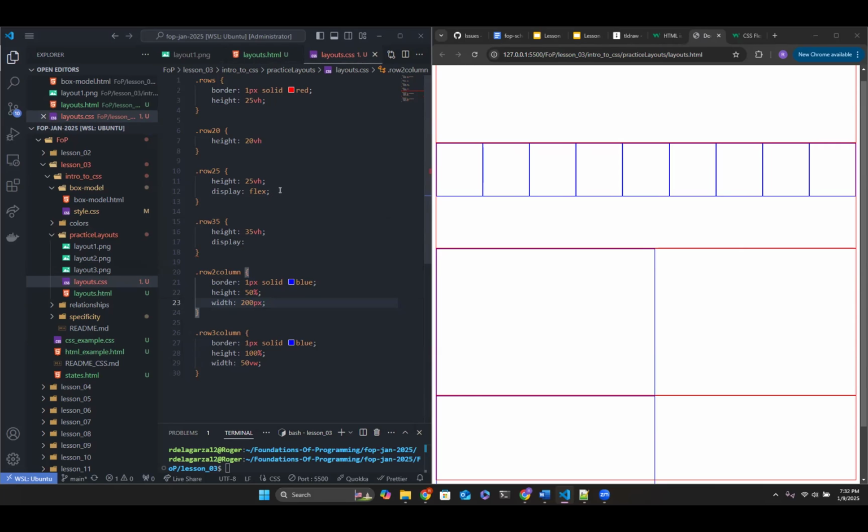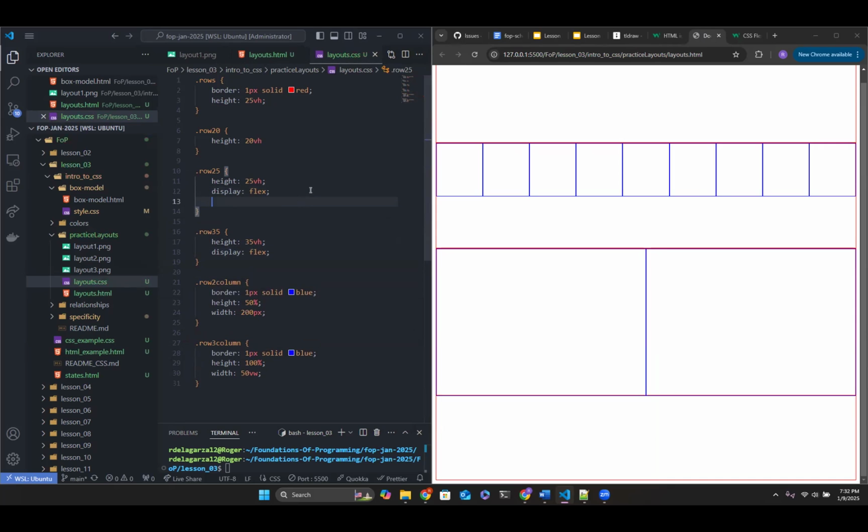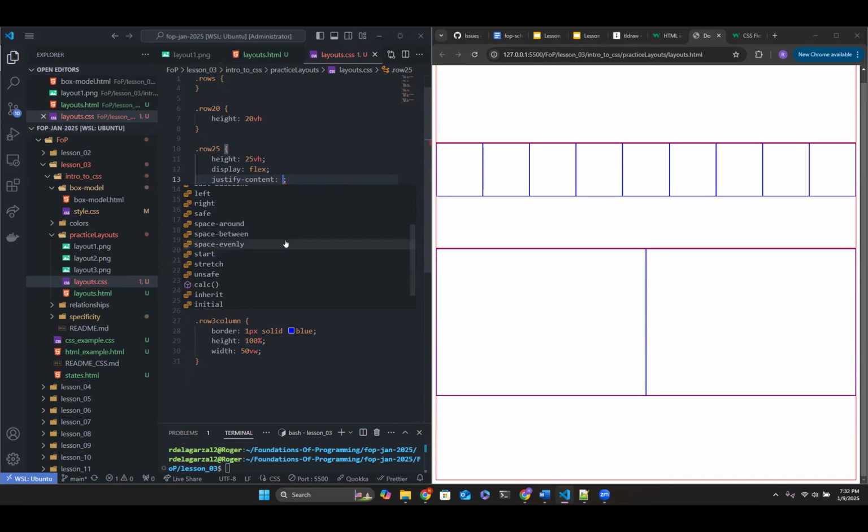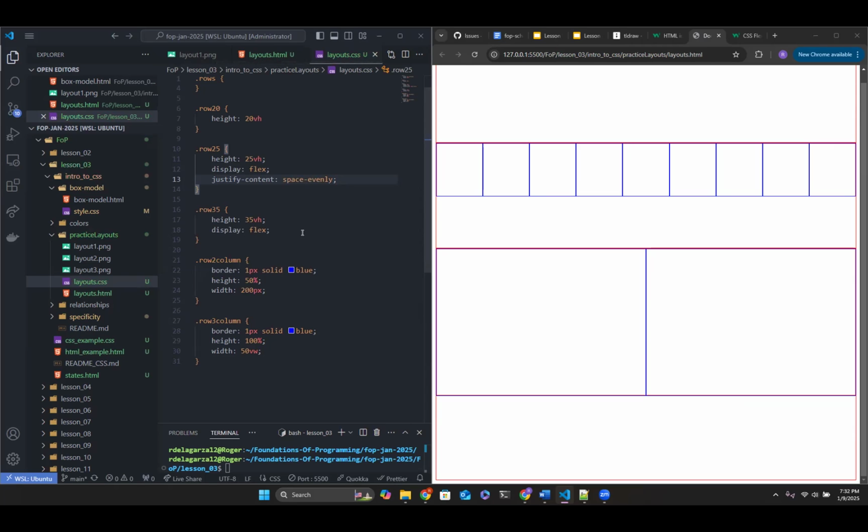It's going to limit me, but if I do display flex, and say justify content space evenly. It's not going to do it. Where is the flex wrap?